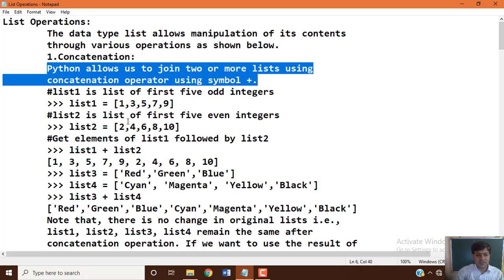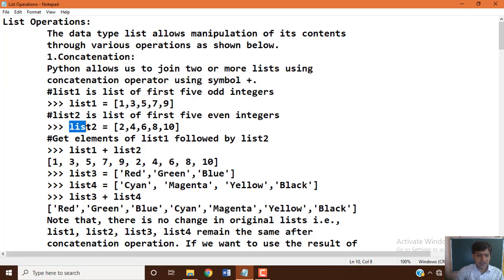List 2 is a list of the first 5 even numbers: 2, 4, 6, 8, 10. So now we have taken two list examples. One is list 1, which contains odd numbers, and the other is list 2, which contains even numbers. These are the two lists on which we want to perform the concatenation operation.